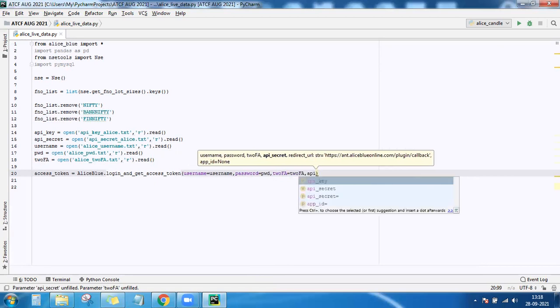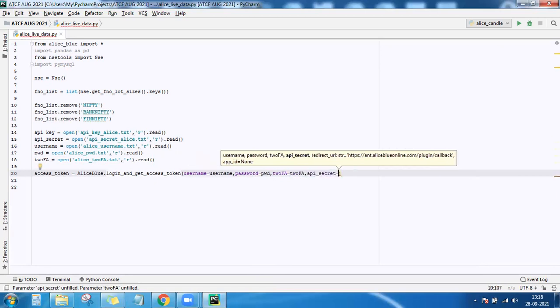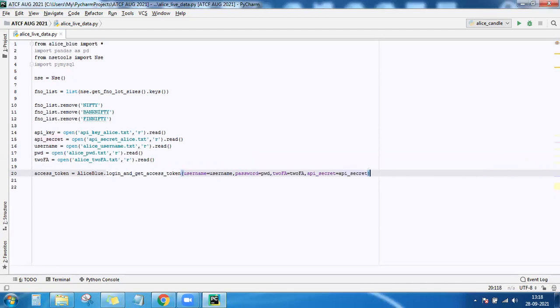API secret and the redirect URL. Even if we don't mention it, the default one is going to be taken, so I'm leaving it like that. So now the access token is there with us.